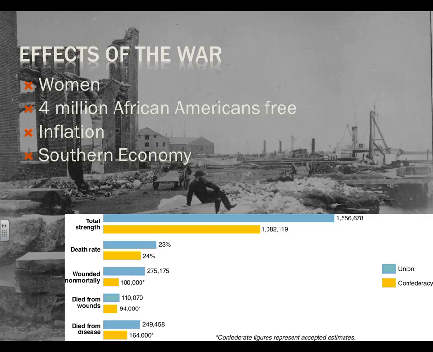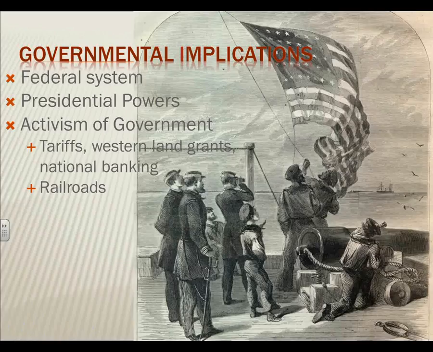So then down here you can see the Union had larger numbers, so more Union soldiers died than Confederates, but it's a smaller percentage. I don't know if the total figures are here for each one, but only 23% of Union soldiers were killed. By the way, that's a casualty rate of 1 in 4. Can we just take a moment for that? And 24% of Confederate soldiers. You can see here, wounded non-mortally, so they're wounded but they don't die, almost 300,000 Union troops, but 100,000 Confederates died from disease and so on. So pretty rough stuff.